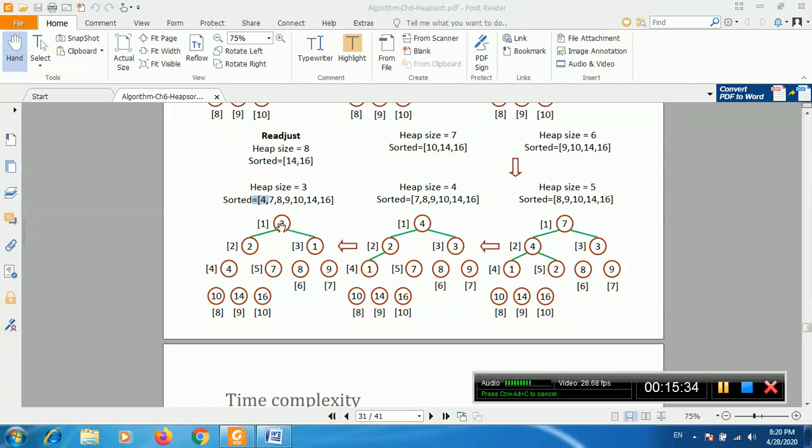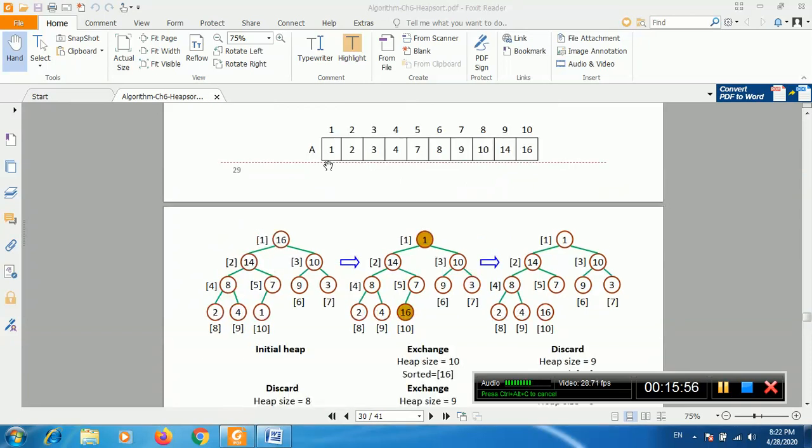So we will get a new tree with root node 1 and left child 2. So we will swap 2 and 1. Again we will remove the root node one by one. So we will get the final sorted array in ascending order: 1, 2, 3, 4, 5, 7, 8, 9, 10, 14 and 16. This is the sorted array in ascending order using max heap sort.